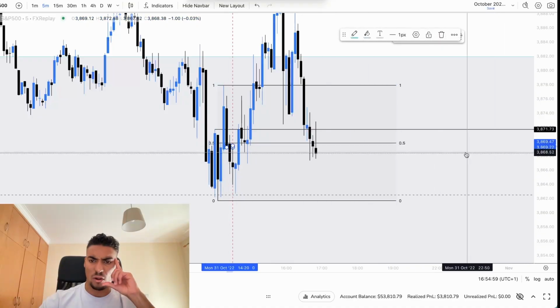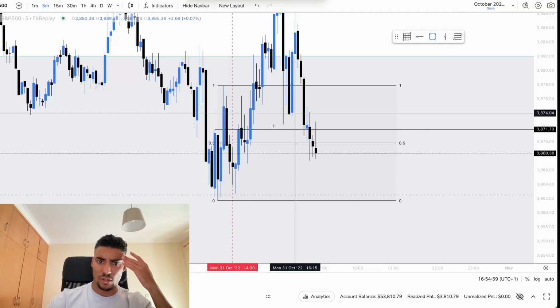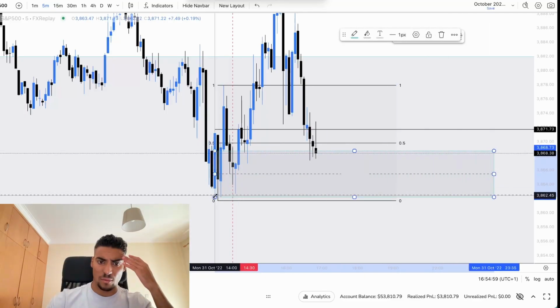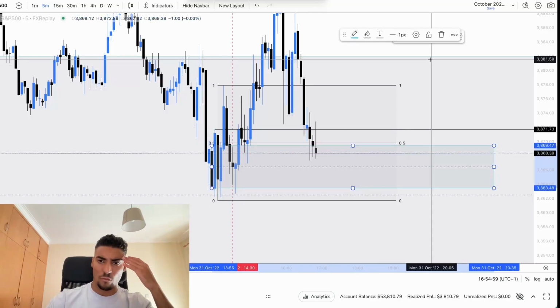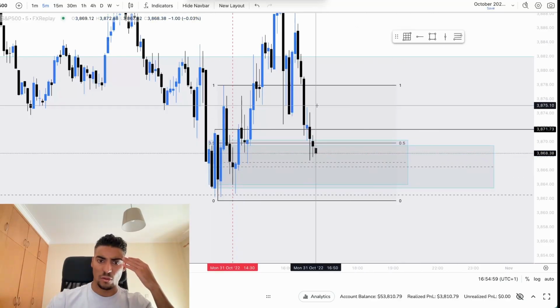Not really much more, to be honest. We have a retracement into equilibrium, we have a retracement into an order block, boom, right here, the move down that caused the liquidity sweep. It's a breaker block, boom, the move prior that caused the liquidity sweep, it's a breaker block right here, this move up prior to the liquidity sweep.